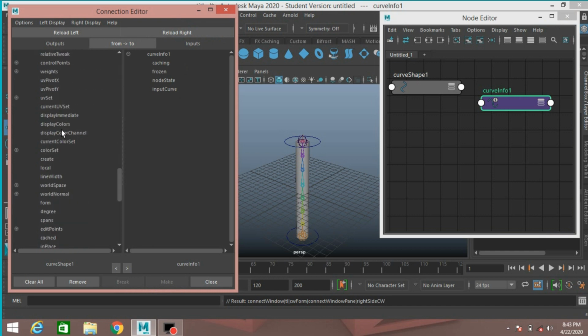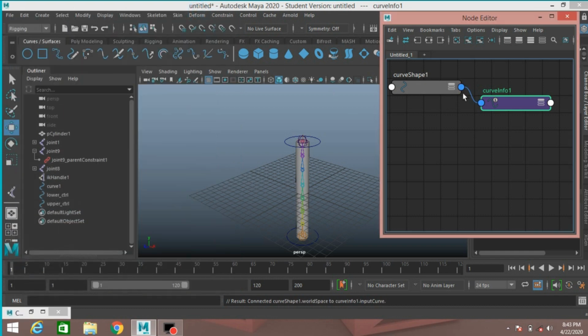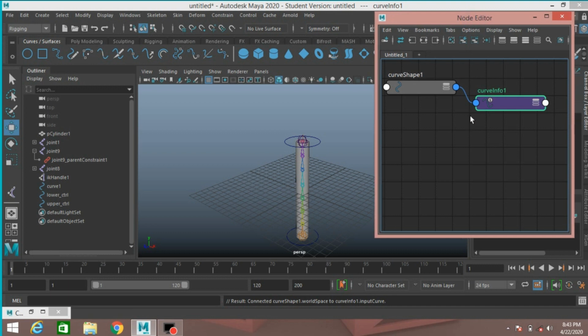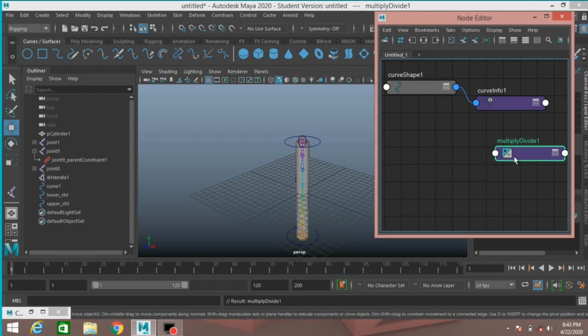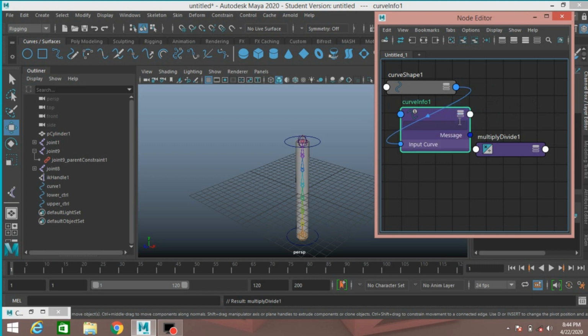and select world space and curve info, select input curve. This will connect the curve shape and the curve info. Now again press tab key on your keyboard and type multiply and click on the multiply divide node and open this.